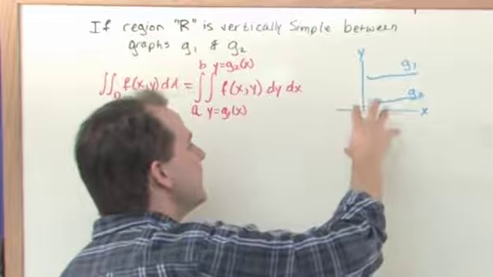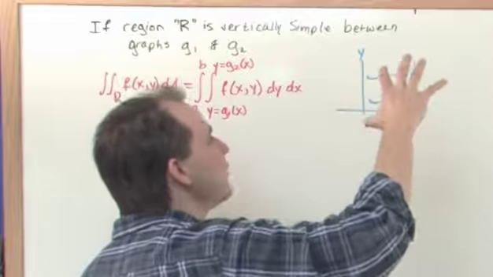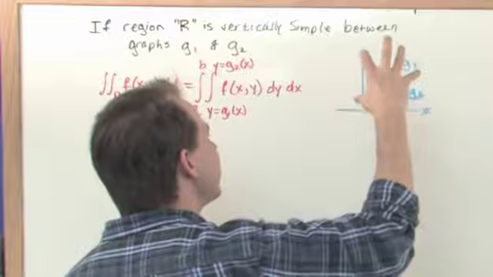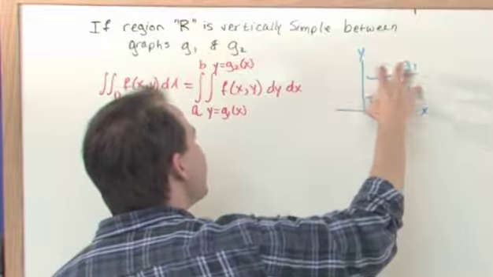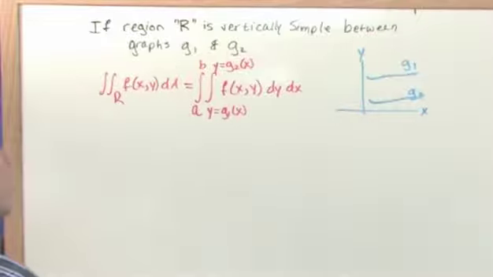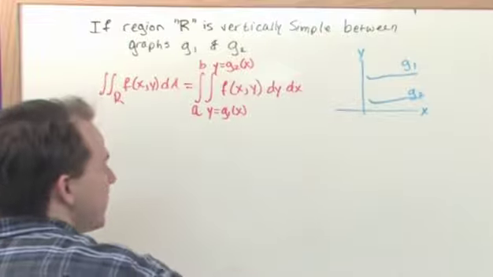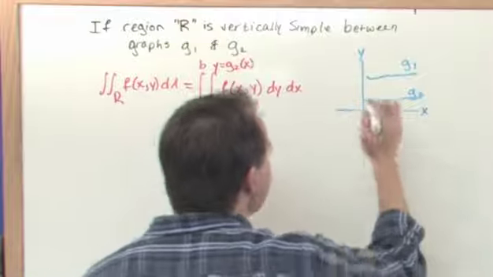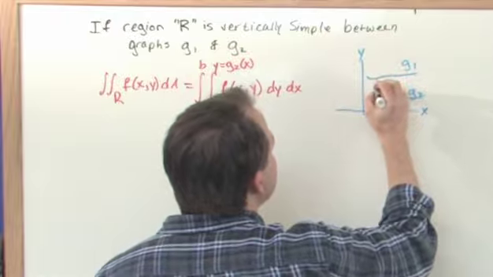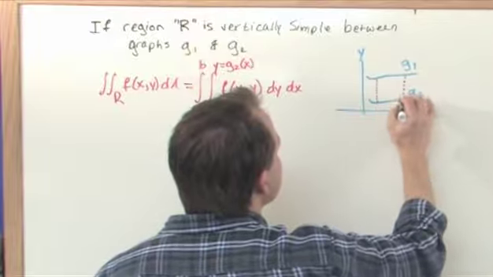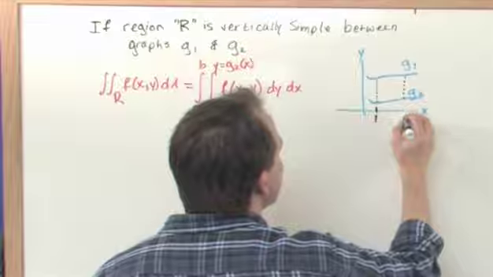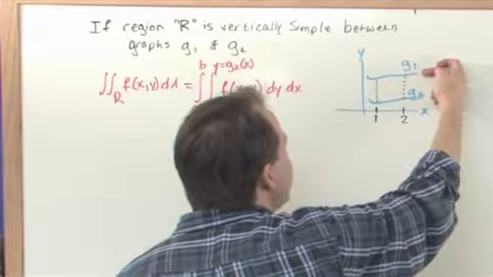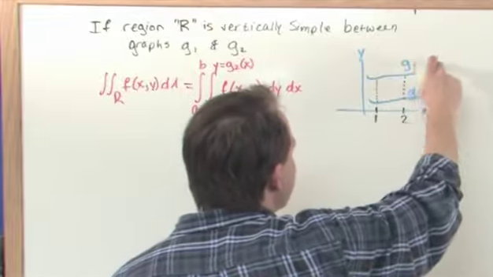So if you can visualize this, in this case I'm looking down at the xy plane, so my actual function is hovering over this right here. This is my hand. It's sort of a three-dimensional thing that's sitting here, and I'm integrating this thing over this region R, okay? So let's say that I want to choose my region R that I care about, that I want to integrate over. Let's say I want it to be between this dotted line and this dotted line. And this dotted line was at x is equal to 1, and this dotted line was x is equal to 2. Okay? So you see, by using a function g here, which is y equals a function of x,